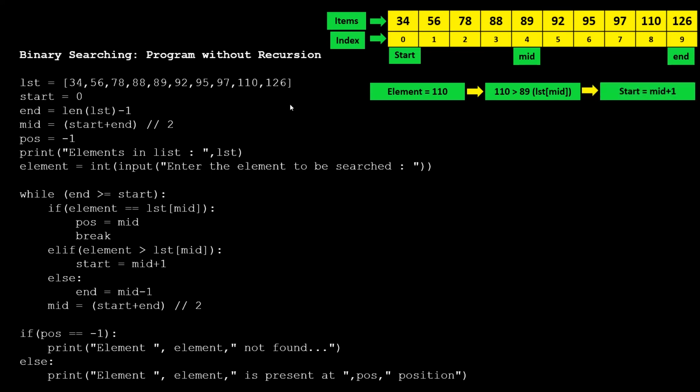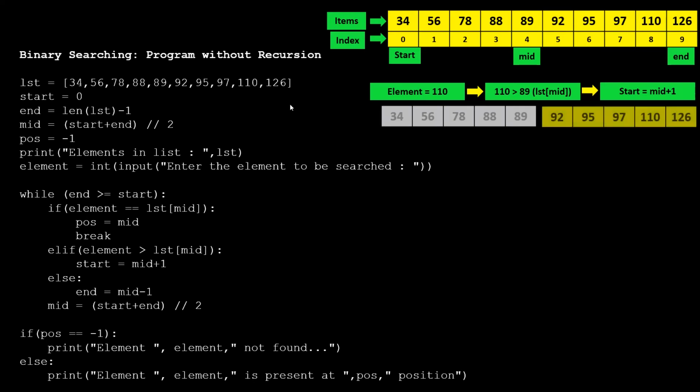Now we can see that 110 is greater than 89. So start is reinitialized at mid plus 1, that is at index value 5. Now this results in discarding the left half of the list, and we need to search only in the right half of this list.